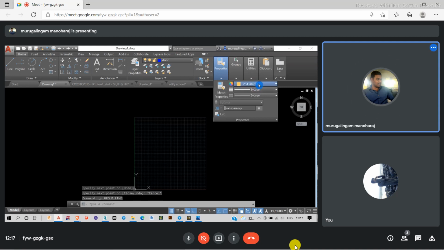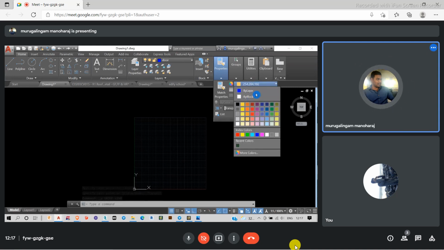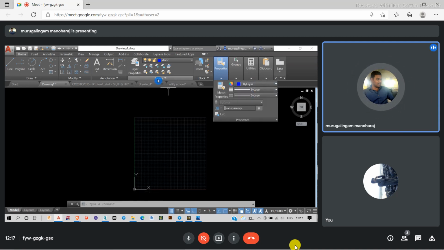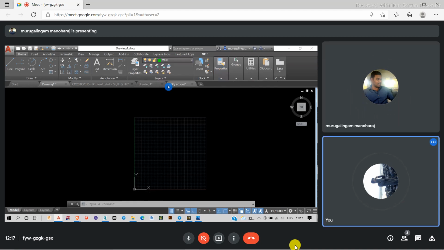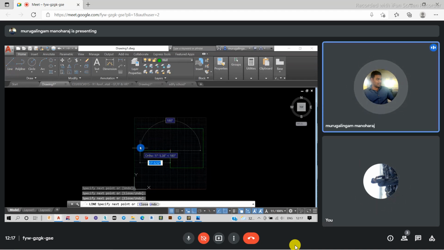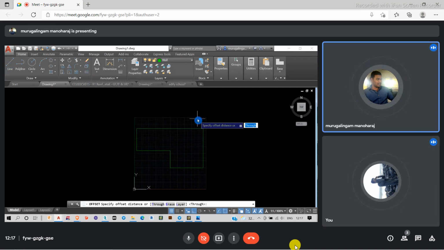Make sure it's been turned on to by layer. Once I finish the wall options here, just make some offset distance of whatever, 9 inches.